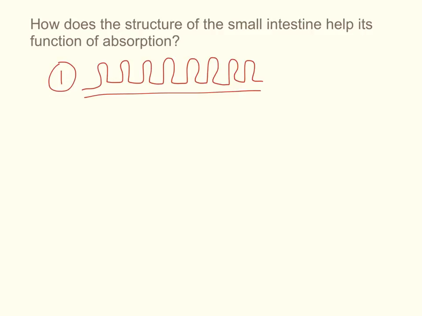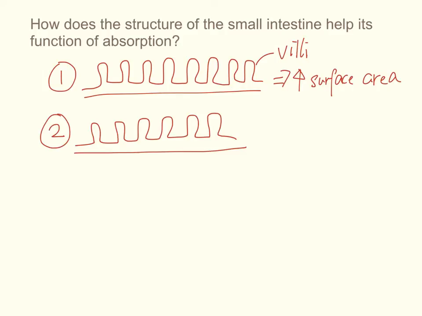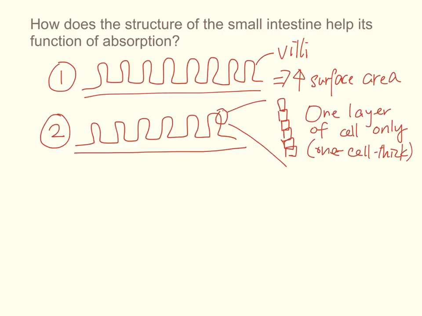First of all, if you look at the villi, it's got numerous villi. All of these finger-like projections can help to increase surface area, which makes absorption faster. Secondly, also concerning the villi, the epithelium, or the outermost part of the villi, is only made up of one layer of cell. It's one cell thick, so it decreases the distance that the food has to travel in order